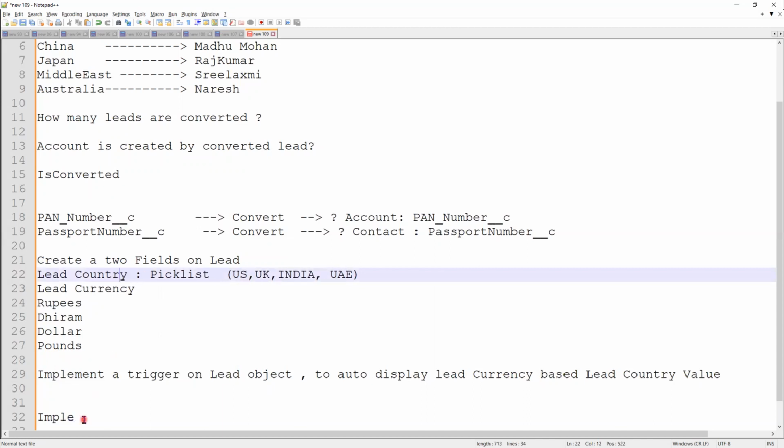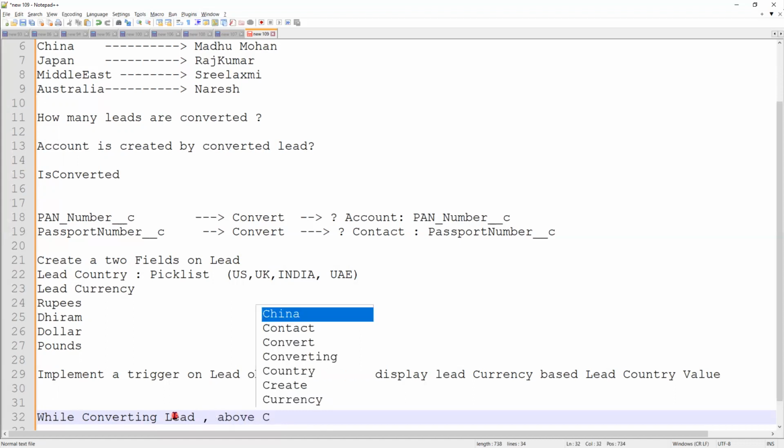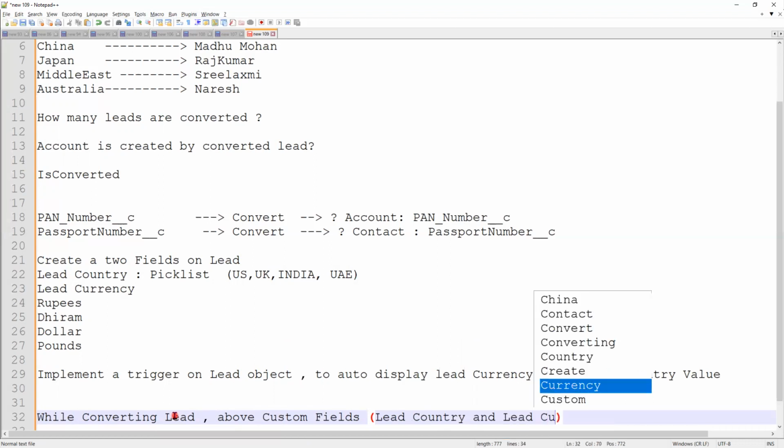So while converting a lead, the above custom fields, that means lead country and lead currency,